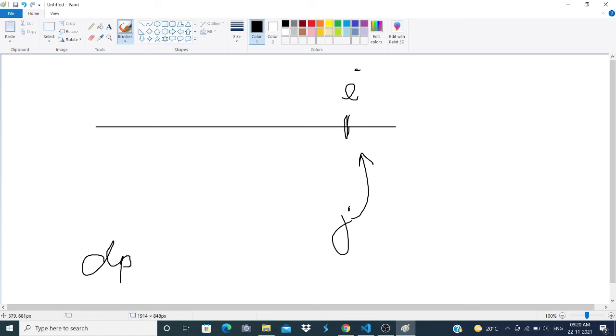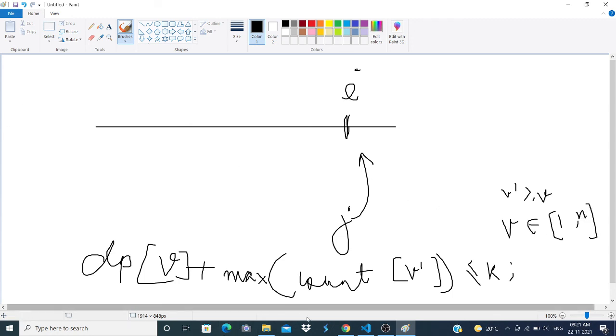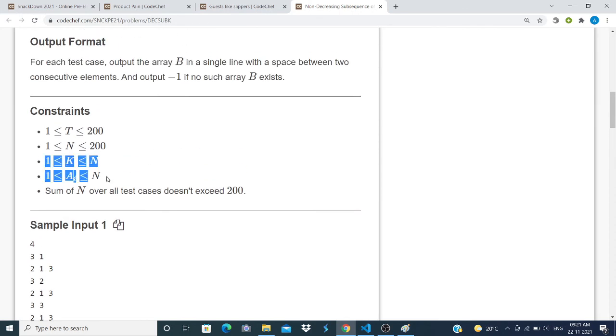That dp of any value, let's say v, plus the max of count of all the elements, let's call it v dash, must be lesser than or equal to k, where v dash is greater than or equal to v, and v lies between 1 to n, or you can say all the possible values, because it's already given that any element of the array lies between 1 to n.